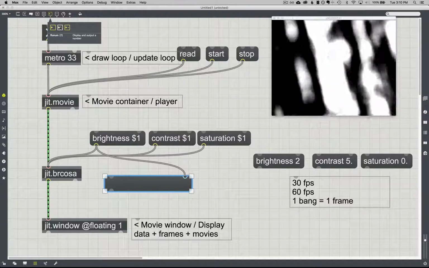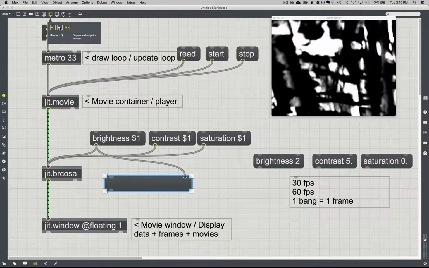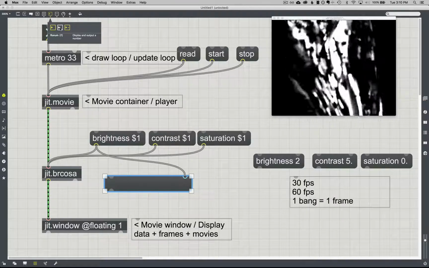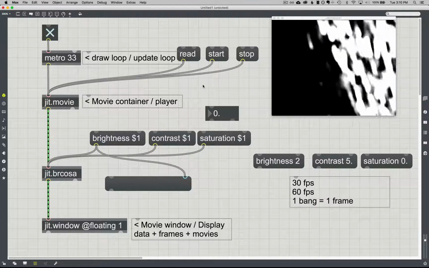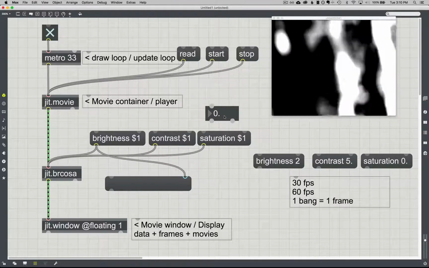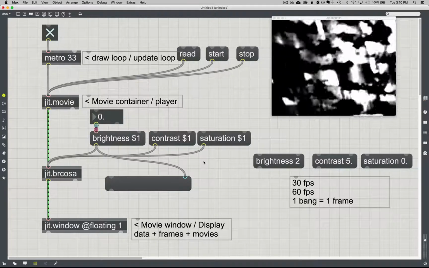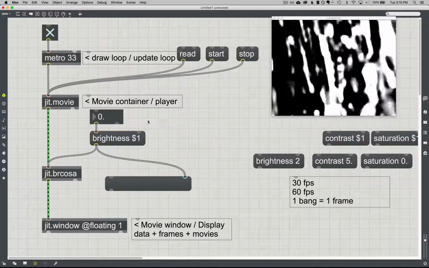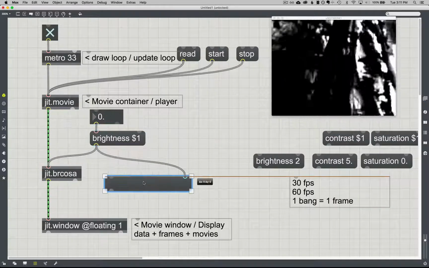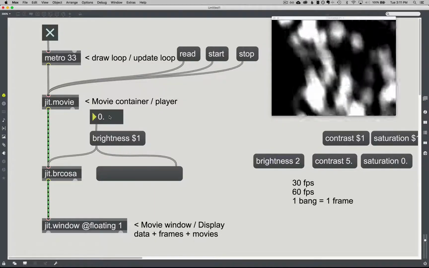And I'm going to grab, I just picked this little arrow here. I'm going to grab the float number right here, so that way we get a float instead of an integer. I could also just use the hotkey F while the patch is unlocked. And I'm going to input that into the message. Let me just clean this up for a second. I'm going to move all these away just so we're really focusing on what's happening right here. I'm going to lock the patch. And if I type a number in here,